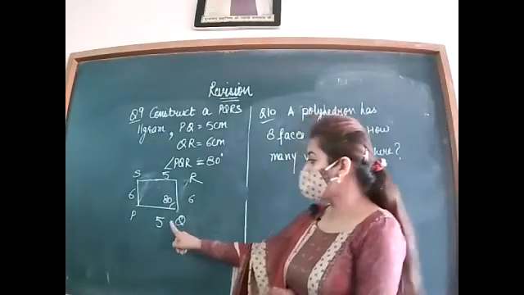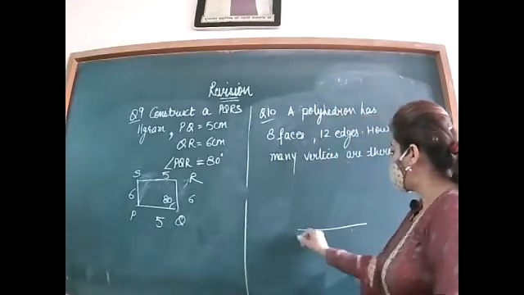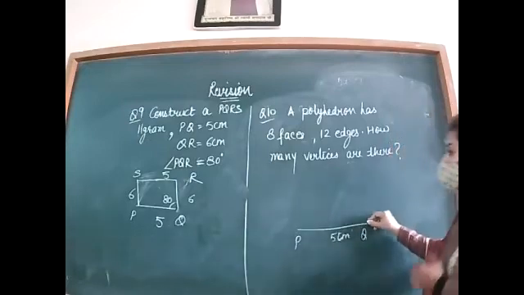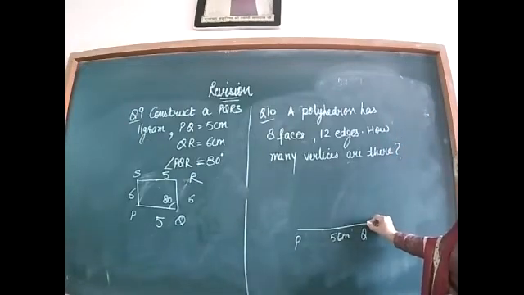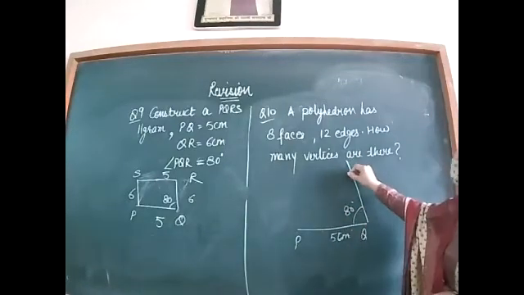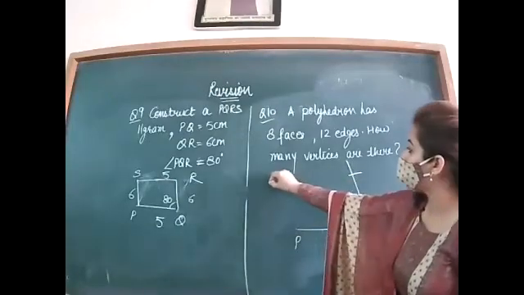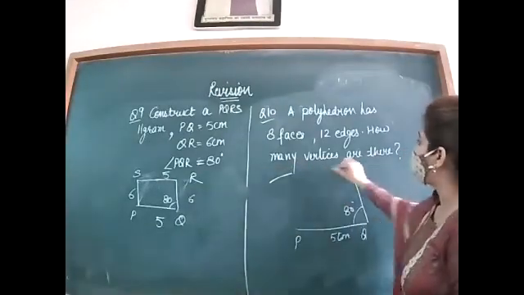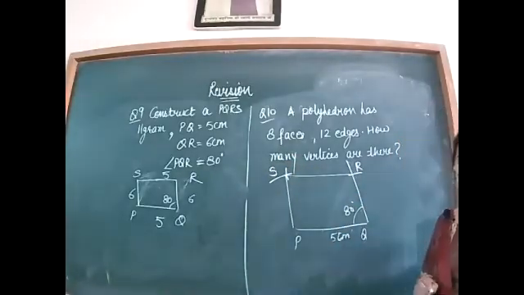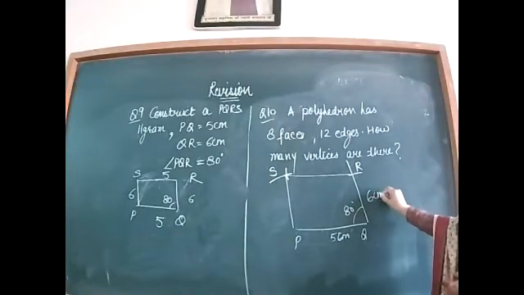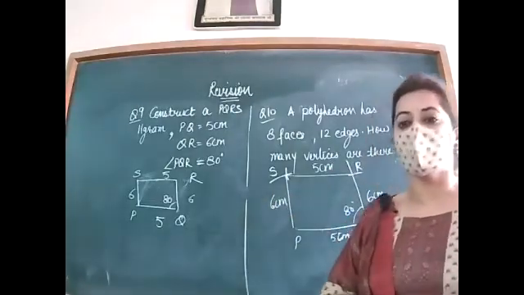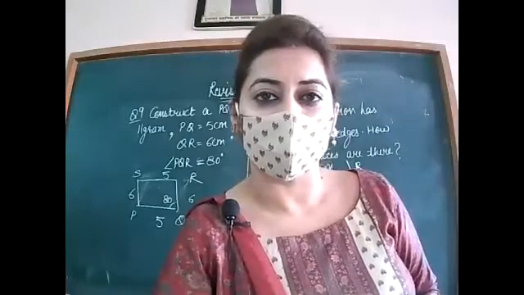Start with the base. Firstly, you will draw PQ, that is 5 centimeters. Now, at Q, you will draw 80 degrees, that is less than 90. So this is your 80 degrees. From here, you will put the arc of 6. From here, you will again put the arc of 6. From R, you will draw the arc of 5. That will give you S. Now, join them. You will get a parallelogram, and write all the dimensions side by side. So at least 5 things are required to construct any type of parallelogram.